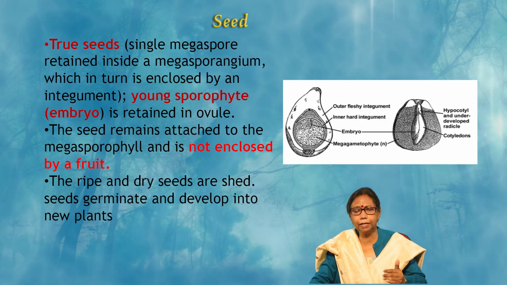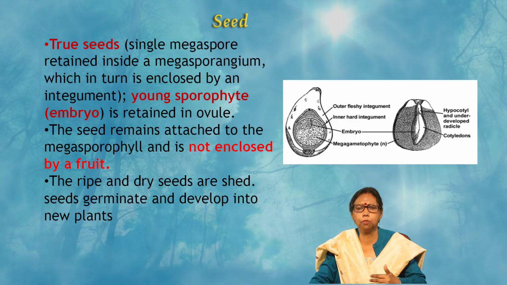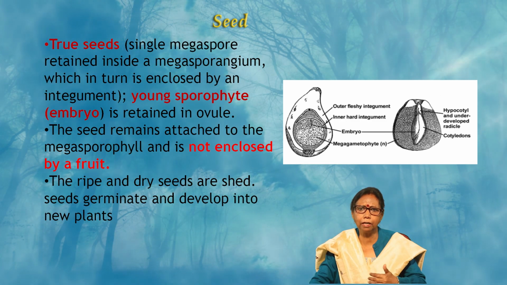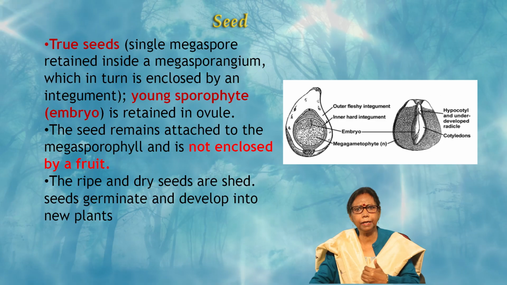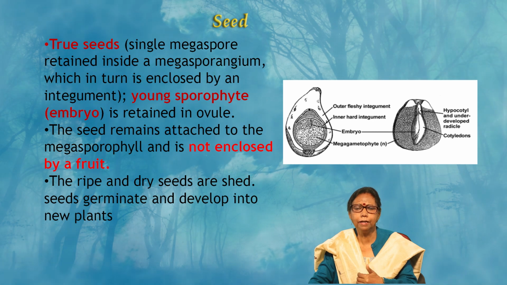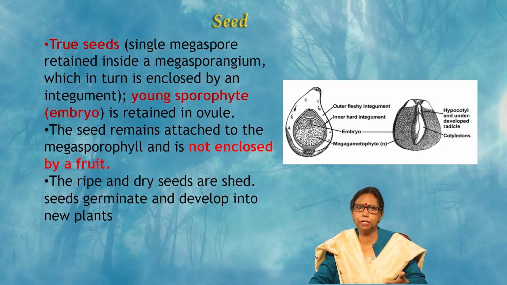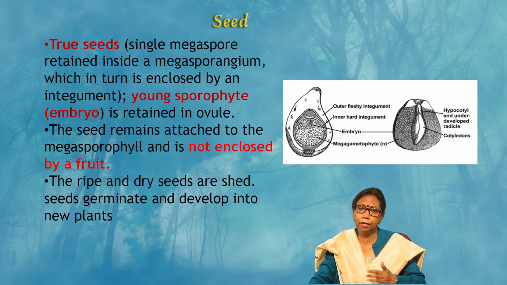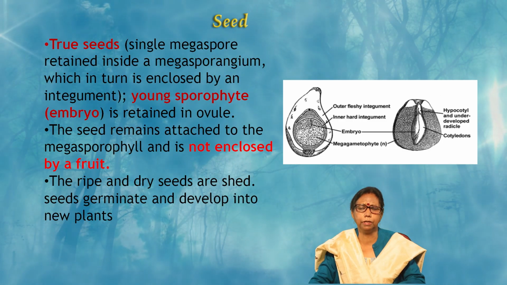But this shedding and germinating also takes a lot of time. That is why some of these gymnosperms complete their cycle in 1 year, others in 2 years or 3 years. So, from seed to germination and giving out a sporophyte takes a lot of time in comparison to angiosperms, where it germinates in 2 to 6 months, with a little variation. In comparison, the seeds of gymnosperms take a lot of time to germinate.